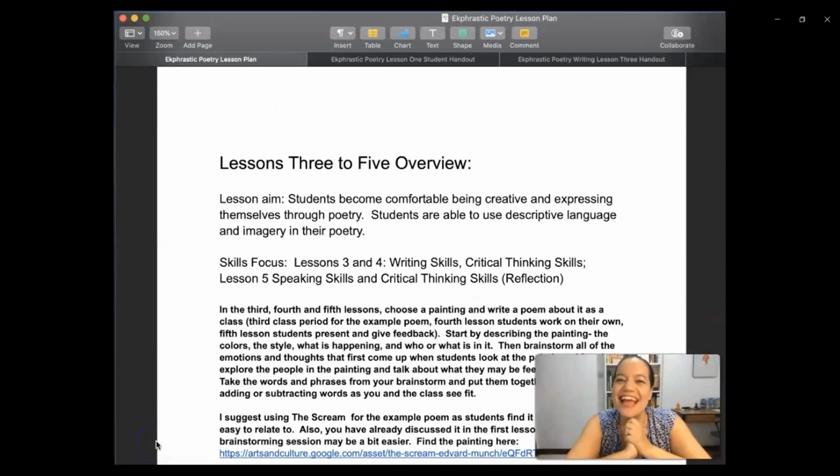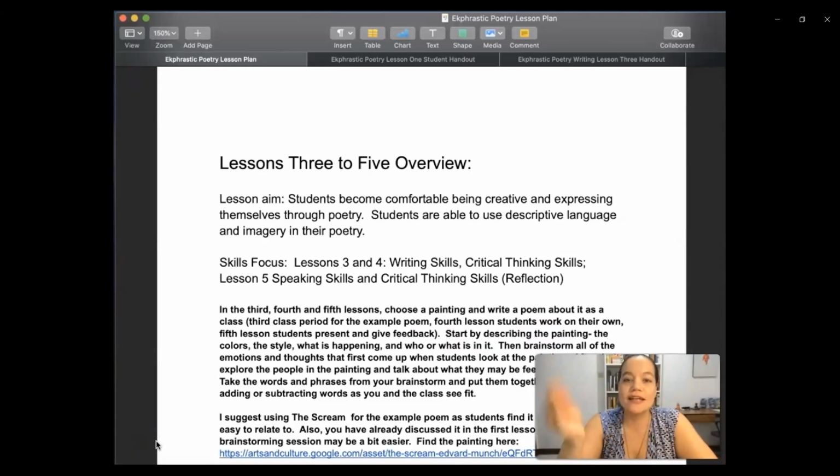Lessons 3 to 5. In these lessons, you are going to be preparing your students to write their own ekphrastic poems. They will be writing them, and then they will be sharing them. All right. So in these lessons, we're hoping that the students will be as creative as possible and that they will really be able to use all of the words that they know that have to do with emotions and feelings and descriptions and everything related to art. Okay, so in lesson 3,